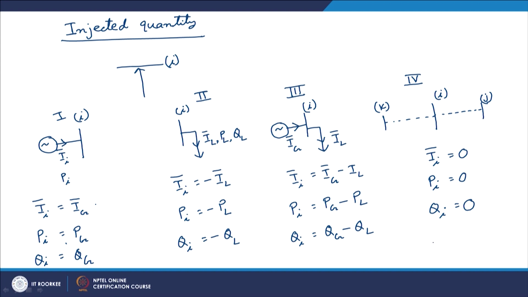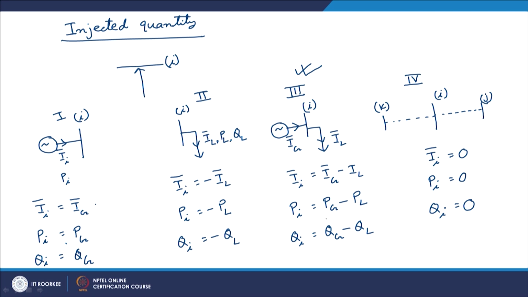Remember, again I repeat, these quantities are nothing but what is being injected to the bus in shunt. Now, this expression for bus 3, or rather case 3, is the most general expression. This covers everything. For example, if I have only a generator connected, that is case 1, but no load connected, then IL would be 0. So, following this expression, if IL is equal to 0, Ii would be equal to Ig,